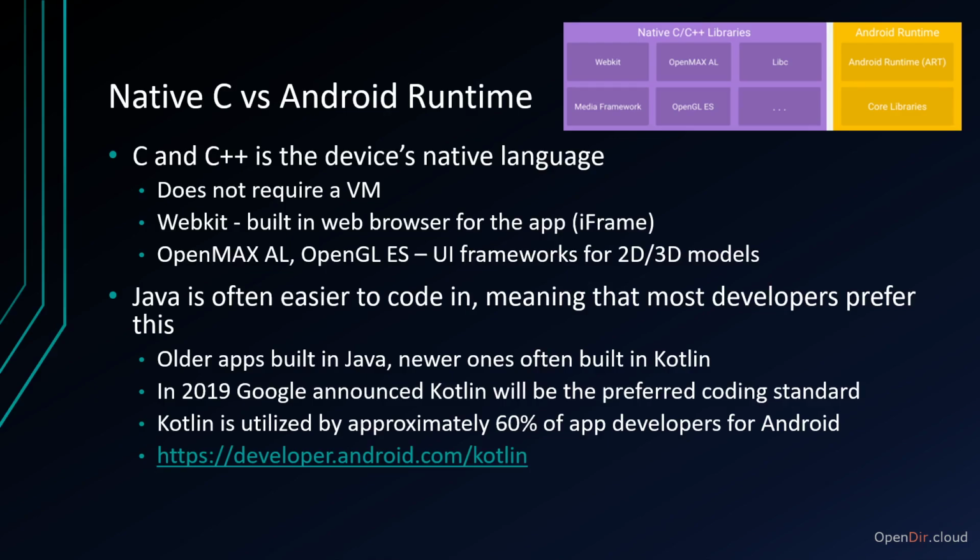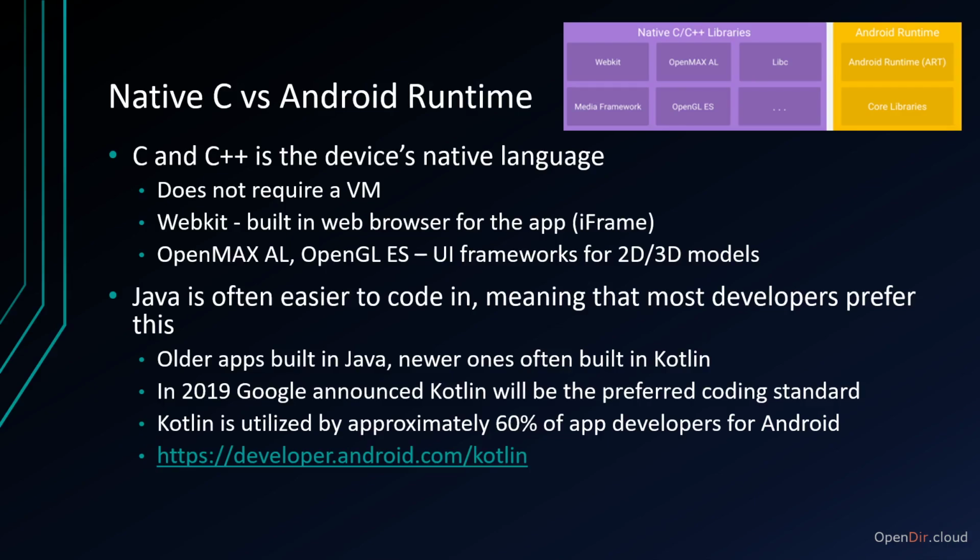That is what is considered the WebKit, and that does not run through the Android virtual machine. And we also have things like OpenMAX AL and OpenGL ES, which are UI frameworks for displaying 2D and 3D models. So in some cases, things like games or different applications can actually run UI frameworks through the device's native